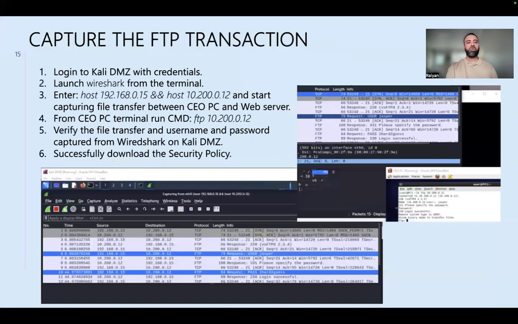Next, we're going to capture the FTP transaction. So you want to log in to the Kali DMZ with the credentials. Enter Wireshark from the terminal, and you're going to see the Wireshark app open up. Once it does, in the input box, enter host 192.168.0.15 and host